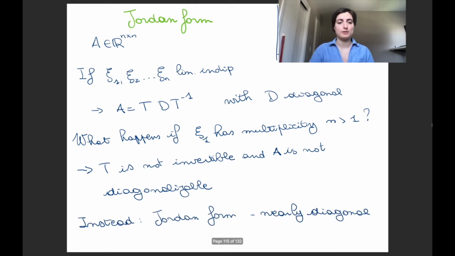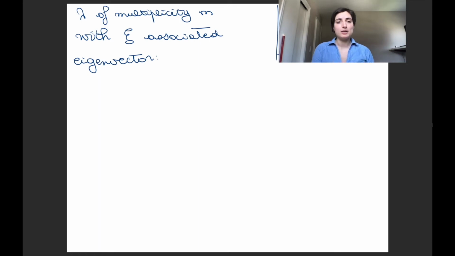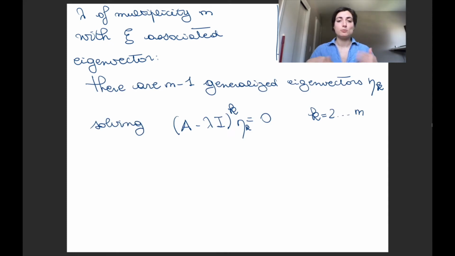Can we still do something about it? We can. It's called nearly diagonal matrices, and the idea is to not use a diagonal matrix D, but something similar, close enough to be diagonal. If lambda is of multiplicity m bigger than 1, with xi being the only associated eigenvector, that means there are fewer associated eigenvectors than the multiplicity of lambda, then what we can do is define m-1 generalized eigenvectors. Generalized eigenvectors solve this new